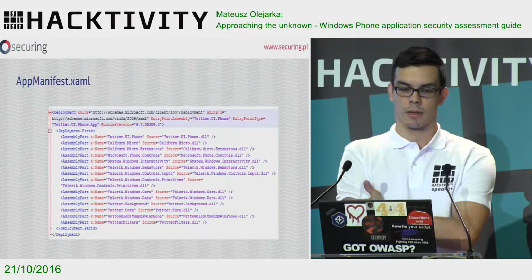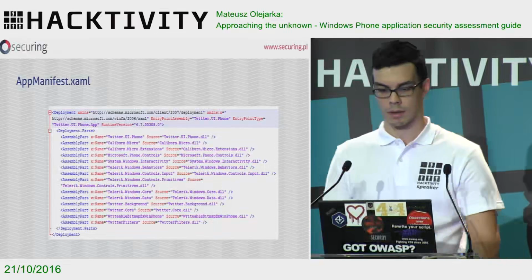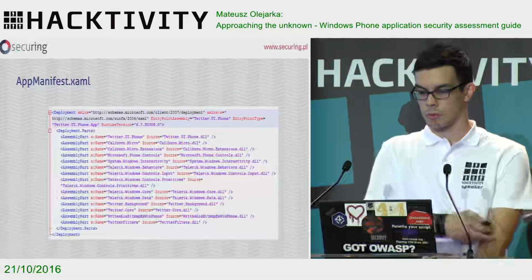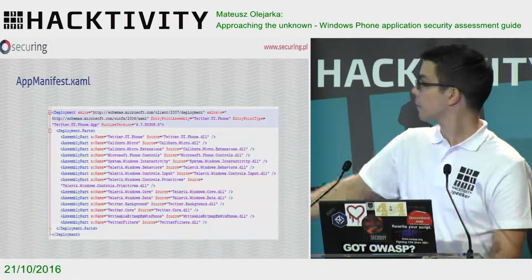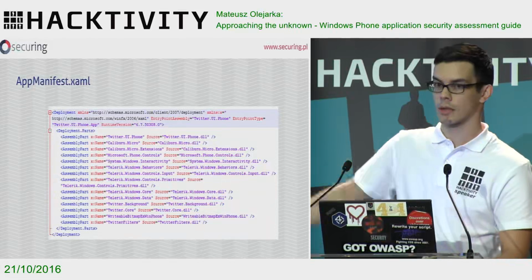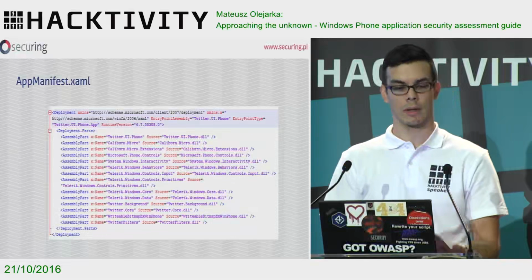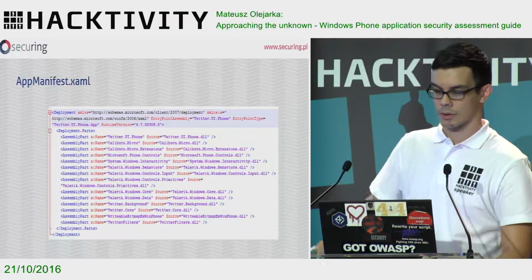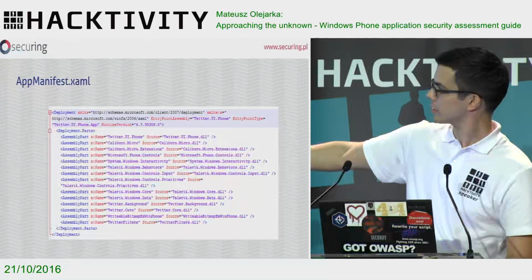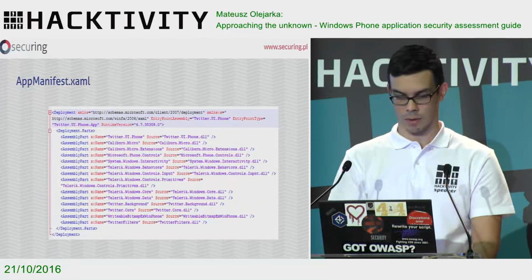So first important file when we extracted XAP file is app manifest, which basically lists all assemblies. And it shows in here which of the DLL files, which of the assemblies holds, let's call it, main class for the application. It's the class called when application is started on the phone. And second thing is the type. So this is the assembly, and you can see the names here, and this class is responsible for the initial start of the application.